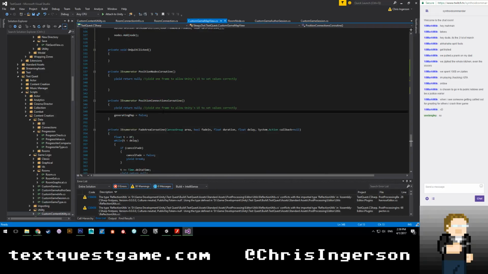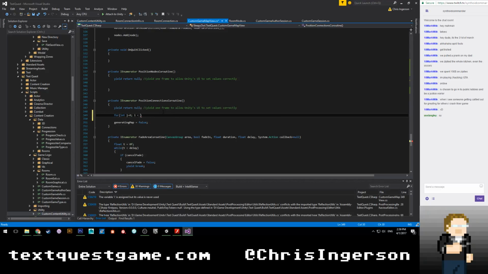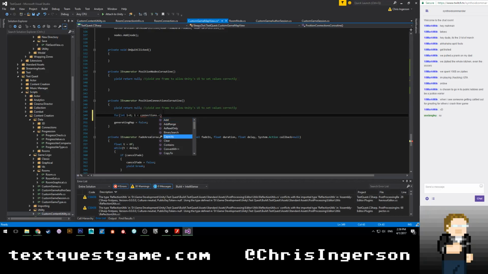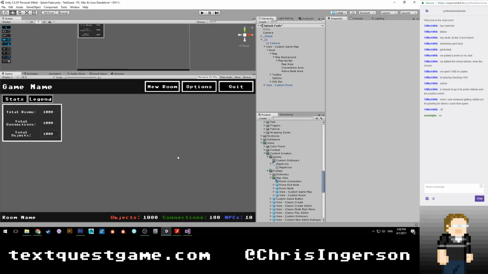And I suppose we'll have to say for int i equals 0, i is less than connections.Count, i++, we're going to say connections[i].UpdateConnection. I think that will hopefully position it, because at the very least it means that it won't be spawned in on that frame,